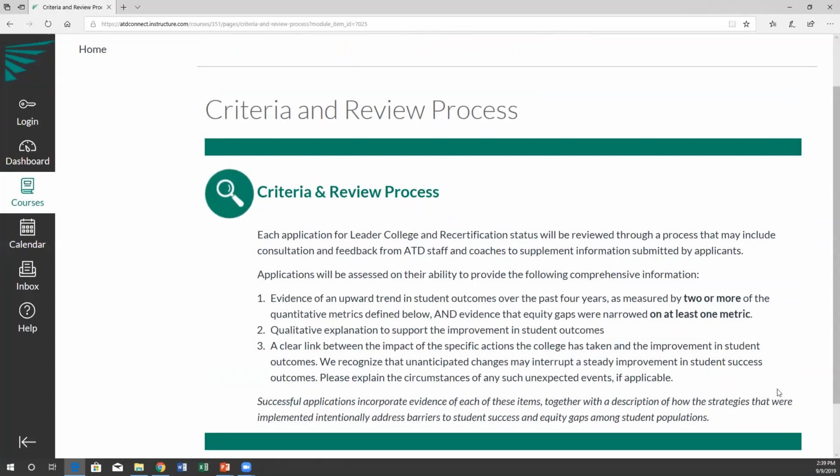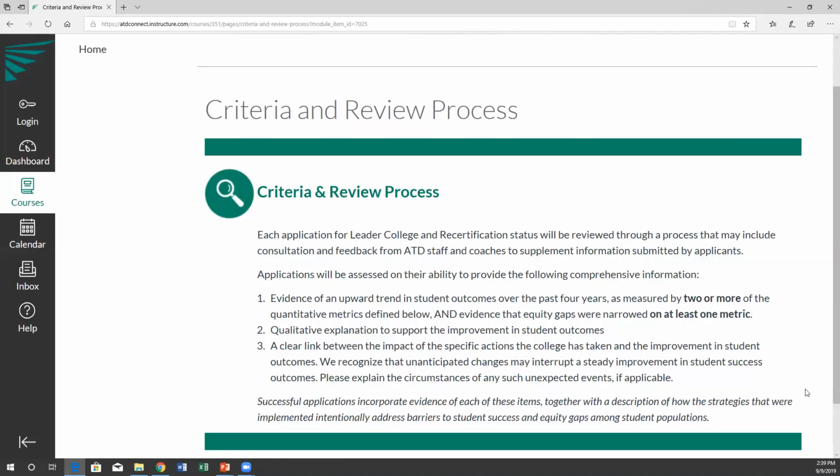Applications will be evaluated on their ability to provide the following comprehensive information: evidence of an upward trend in student outcomes over the past 4 years, qualitative explanation to support the improvement in student outcomes, a clear link between the impact of the specific actions the college has taken and the improvement in student outcomes.